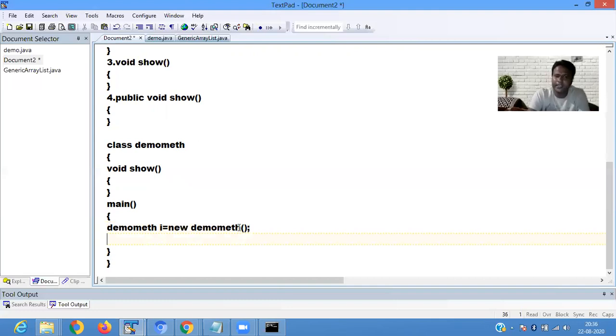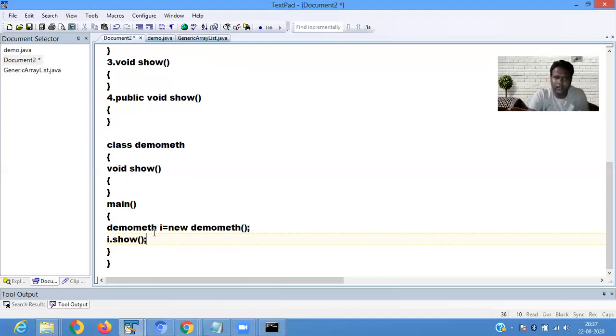Class name i, new demo method. So we are creating an object of the class. Then through this object you call the show function: i dot show function.